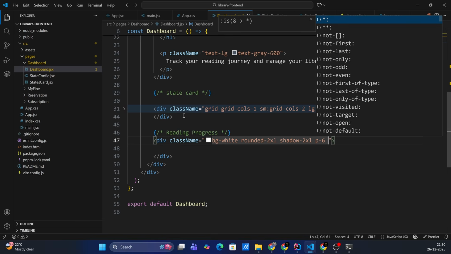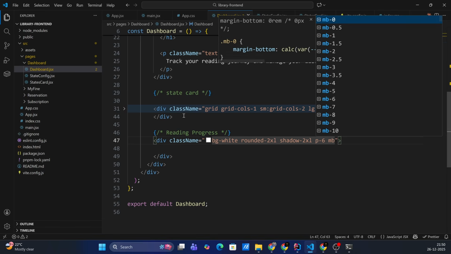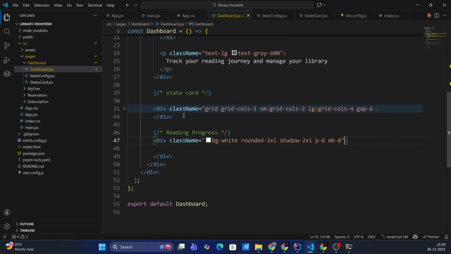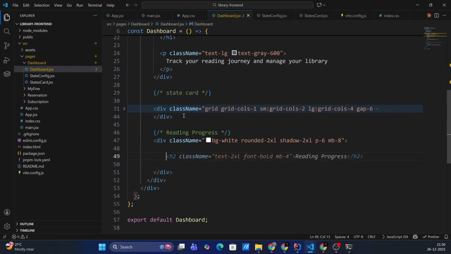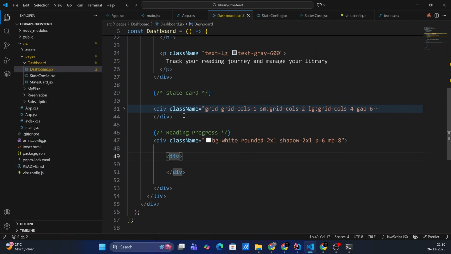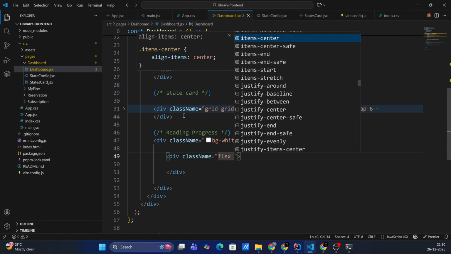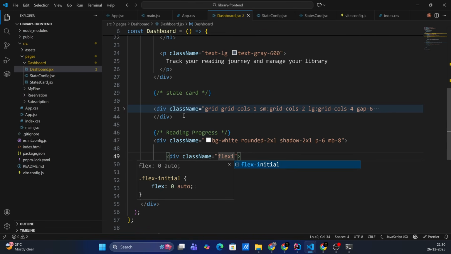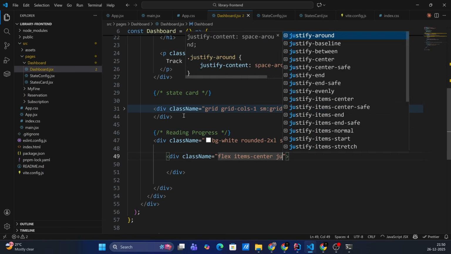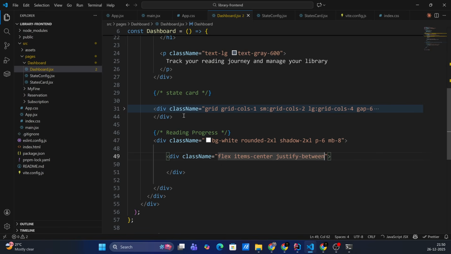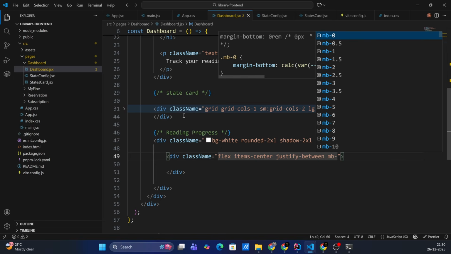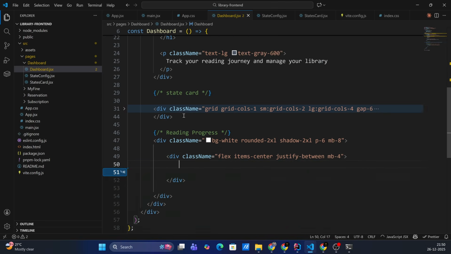padding 6, margin bottom 8, and inside this I'll create one more div, flex, then items center, justify between, margin bottom 4. Inside this, let me create one more div